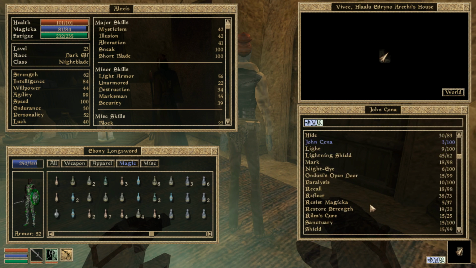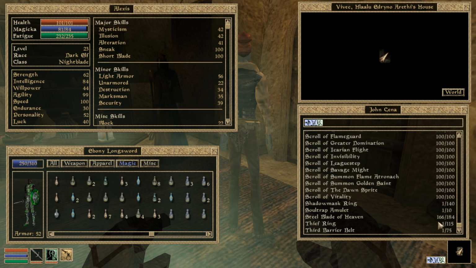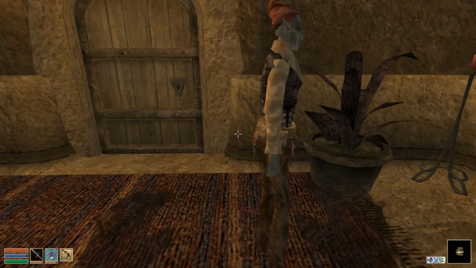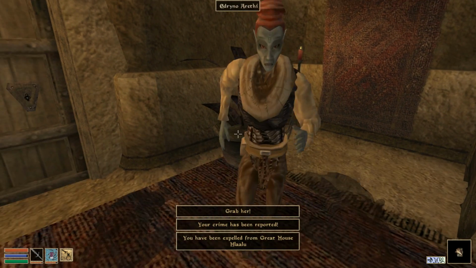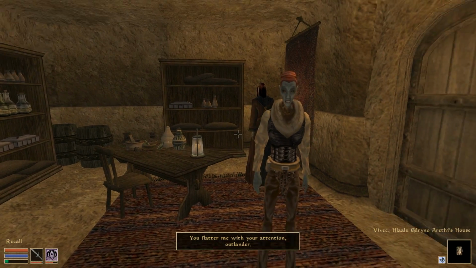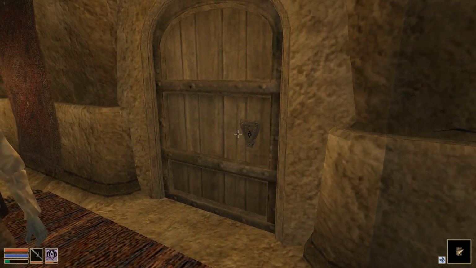And actually, there's something else I want to use. What was that? That we had an enchanted ring. Where was it? The Shadow Mask ring. So, I'm practically completely invisible at this point. There it is. Yeah, there's no way I can do that. You flatter me with your attention. Maybe when I get a little bit higher level, I'll be able to handle that kind of stuff, but...